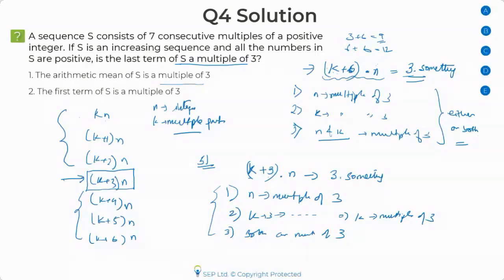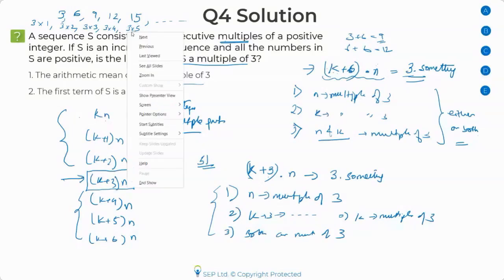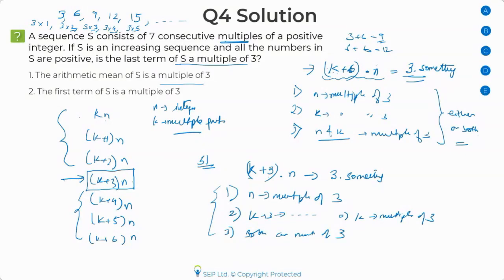And n plus 1 is not a valid sequence. Could you please explain why did you take kn? Shruti, we are taking kn because I'm talking about multiples of a positive integer, okay? Multiples, like 3, 6, 9, 12, 15, and so on. These are multiples of 3. How would you write it? 3 times 1, 3 times 2, 3 times 3, 3 times 4, 3 times 5. n is your number, and this 2, 3, 4, 5 is your k part. k plus 1, k plus 2, k plus 3, k plus 4, k plus 5.